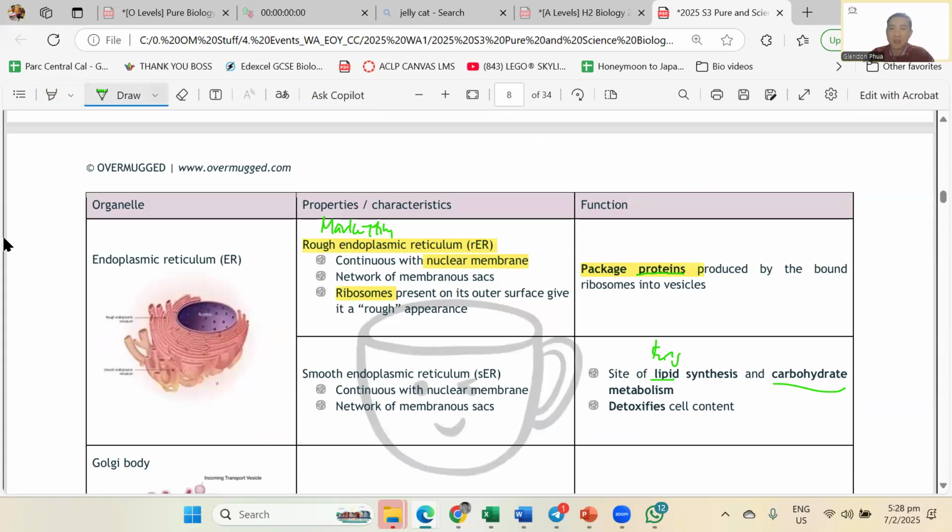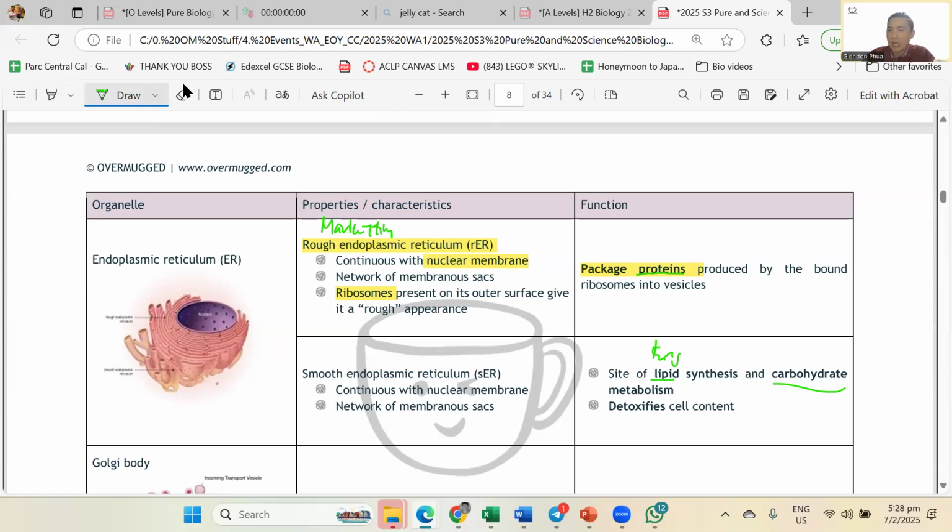Why? It's a bit hard for you to understand now, but basically, a cell needs proteins to be secreted outside. A cell also needs proteins for inside. Just like Taylor Swift, she must do marketing within America, and she must do marketing out of America. So that's why you have ribosomes in the cell and on the RER. Okay? So my RER will do all the marketing that needs to be edited.